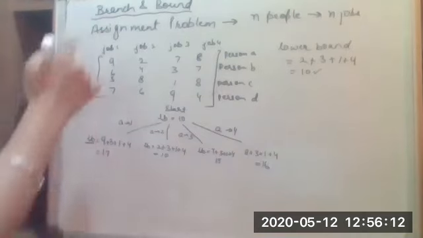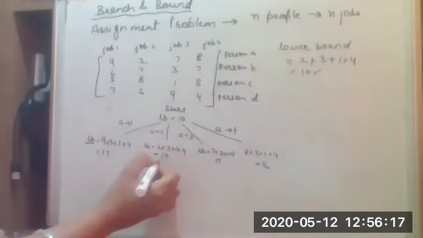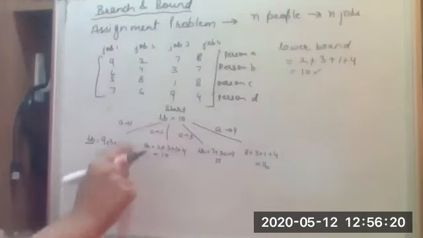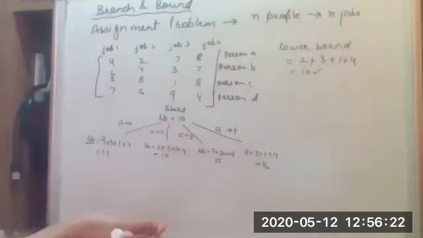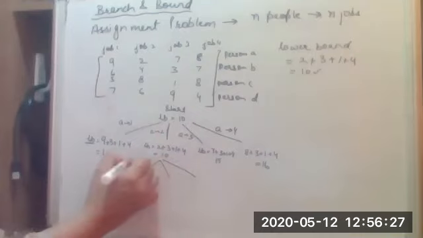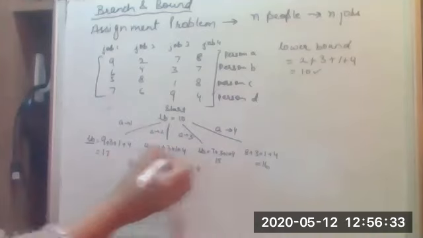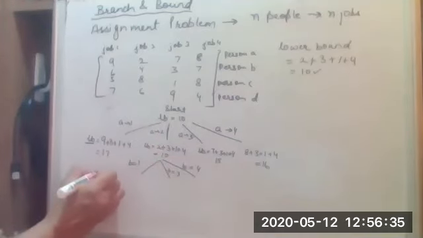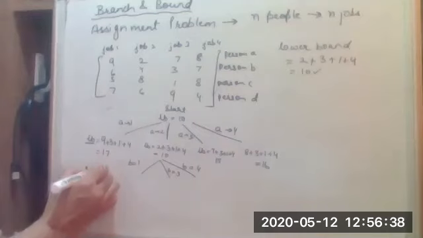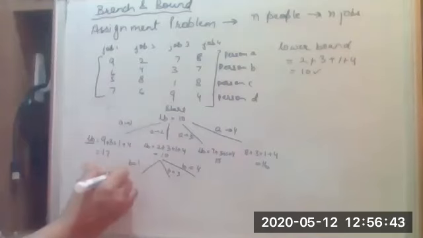Yes, so that is the cost of the assignment of the jobs. In this case 10 is the smallest, so this node looks more promising than the other because this is a minimization problem. From here, if A is taken as 2, B can be taken as 1 or 3 or 4. If A is the second job, then the lower bound is equal to 2 plus B is the sixth one plus 1 plus 4. Yes, so in this case it is 13.